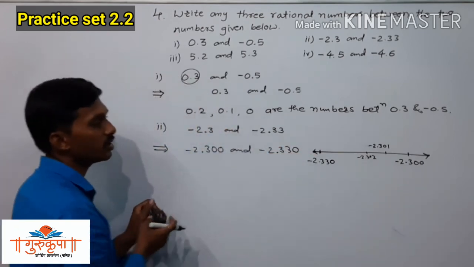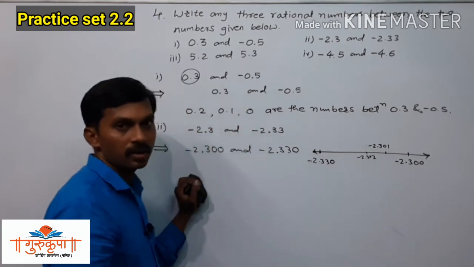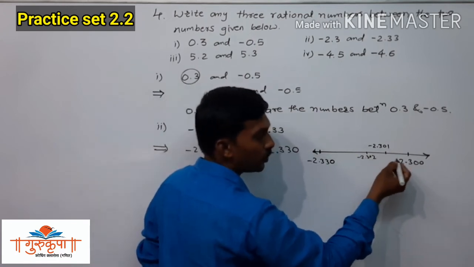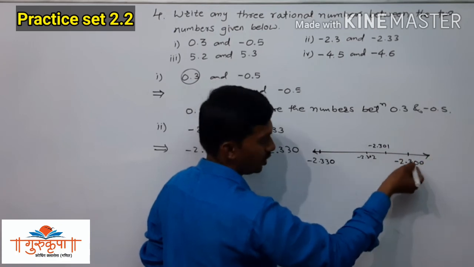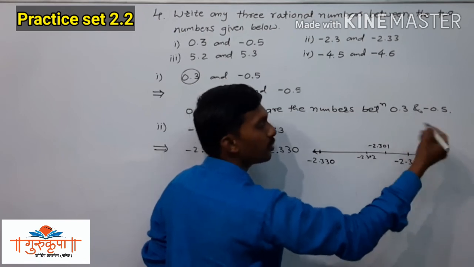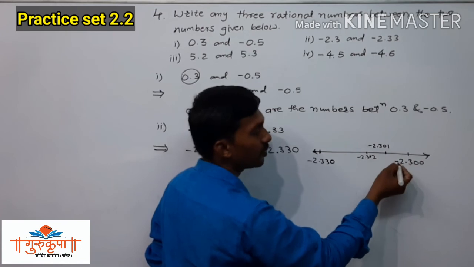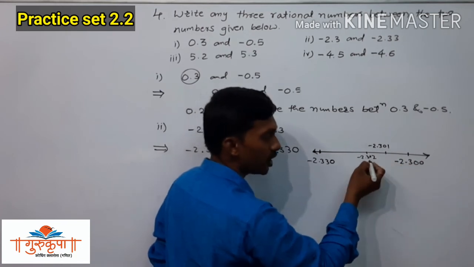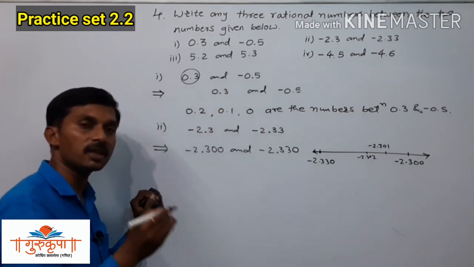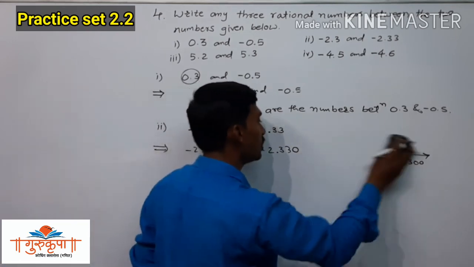So here, look at this diagram again and see this 2.300. Not before, after 2.300. Since the positive numbers are at the right side only, both the numbers are negative. So we have to write here 301, 302, 303, 304, 305, 306, 307 up to 330. So here we can easily write the 3 numbers,